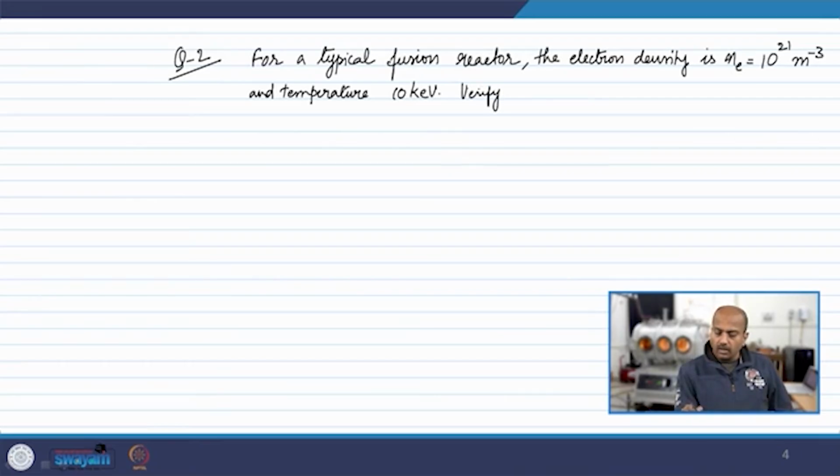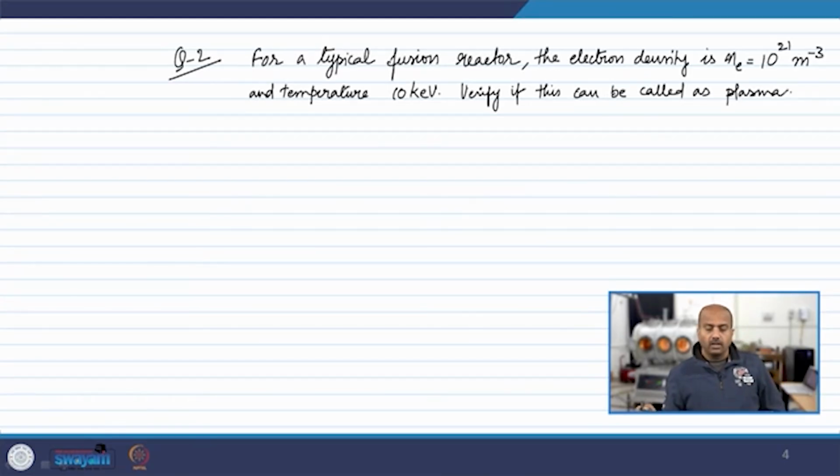Verify if this can be called plasma, right. So, for a typical fusion reactor, the electron densities are of the order of 10 to the power of 21 per meter cube,